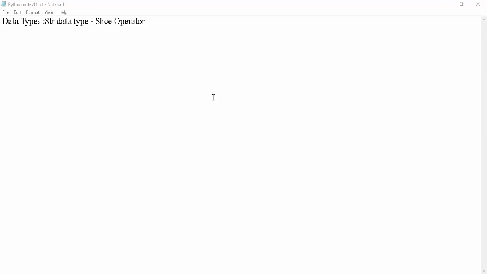Hi friends. Now I want to discuss a very important special operator, that is the slice operator. While discussing the string concept, we will learn briefly about this slice operator. I am just giving the basic details to get a basic idea. First, what is slice? Suppose an apple is there. If we cut the apple into multiple pieces, each piece is called a slice, a part of an apple.